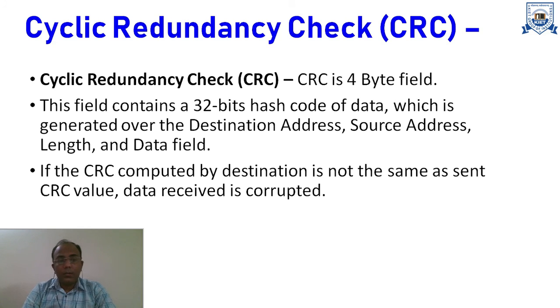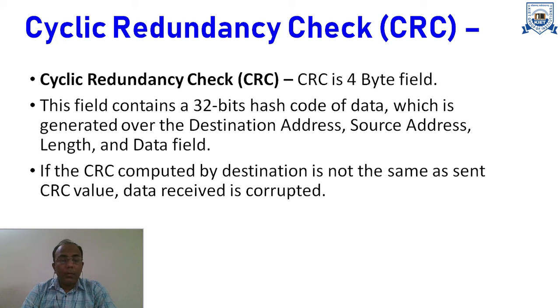The last is the cyclic redundancy check, that is CRC. Now what does the cyclic redundancy check indicate? It is a 4-byte field which is used for error detection. This field contains a 32-bit hash code of data, which is generally computed over the destination address, source address, length and the data field. If the CRC computed by the destination is not the same as the CRC value sent,